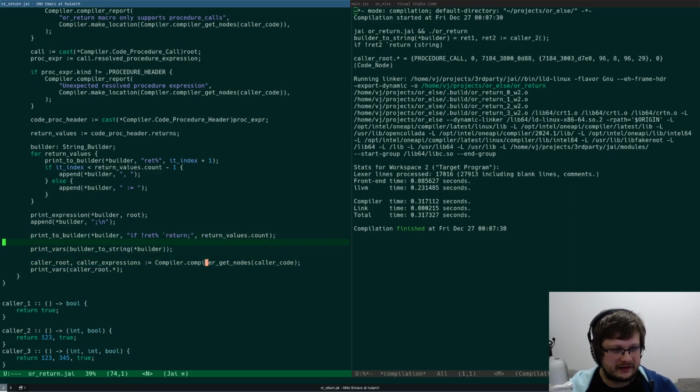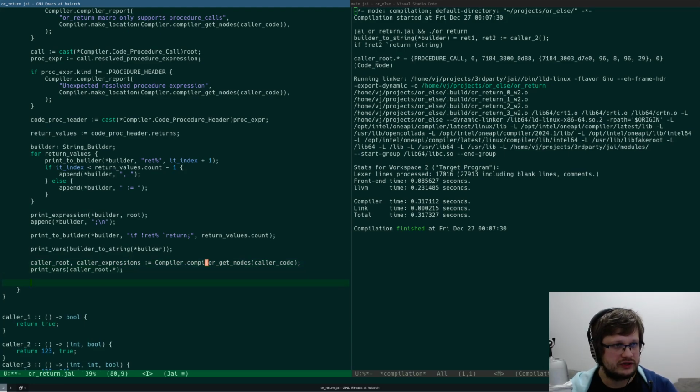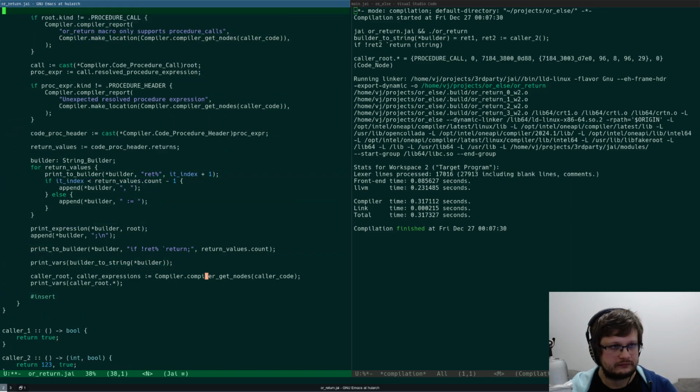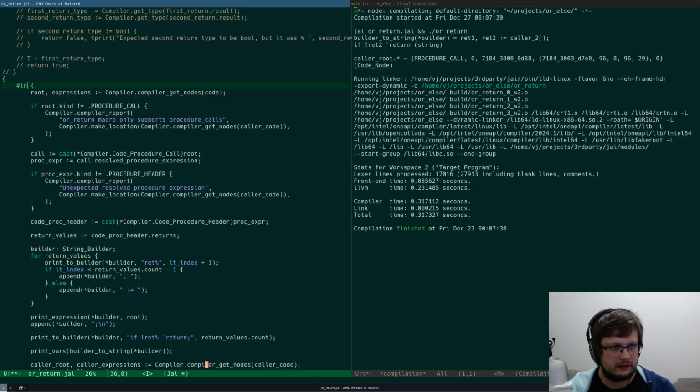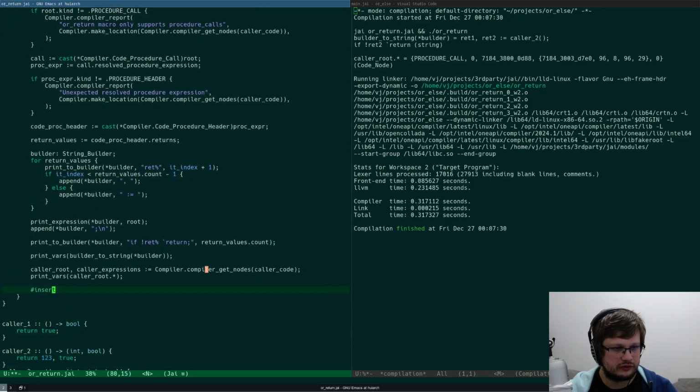Okay, return backtick, and then when, so this we don't use for now. We just literally do insert string, and here we do return builder to string.